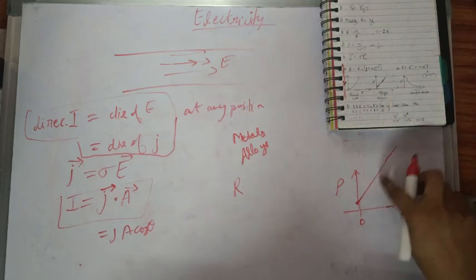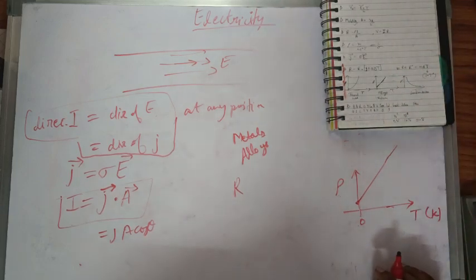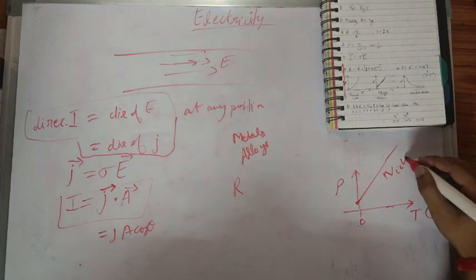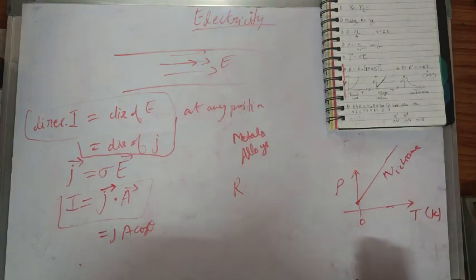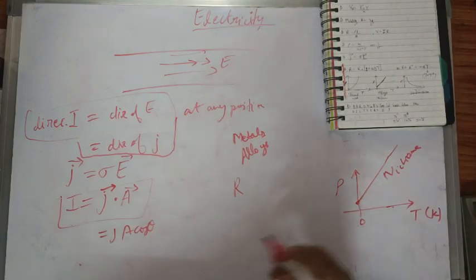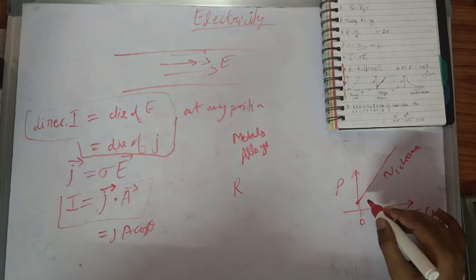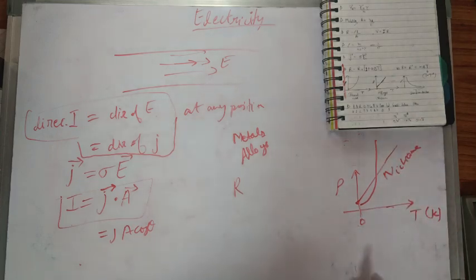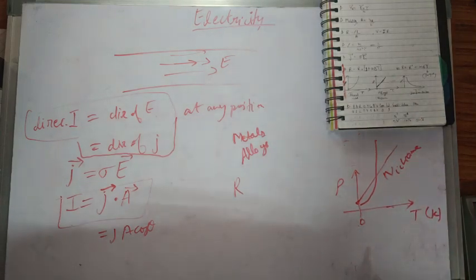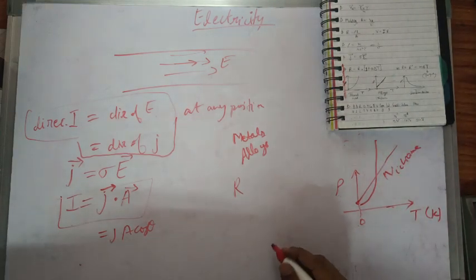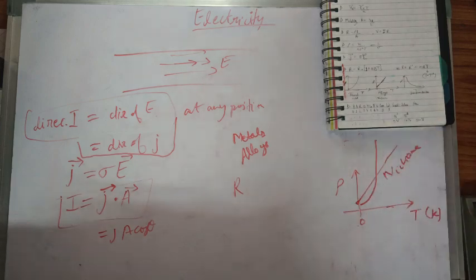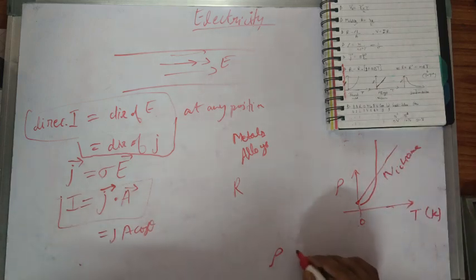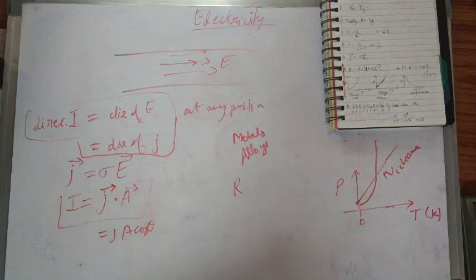This is a graph shown by nichrome wire. And in case of normal metals like copper or any other metal, the graph looks like this. It increases in some kind of parabolic manner with temperature T. Rho is some... okay, we don't go into detail. The graph looks like this for any normal metals. And for semiconductors,